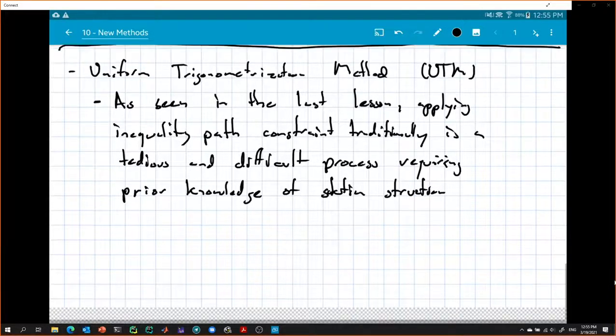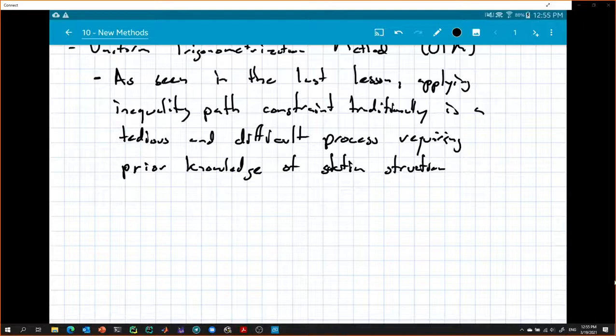Yeah, so the main thing is that we don't want to do all that stuff with multiple arcs and